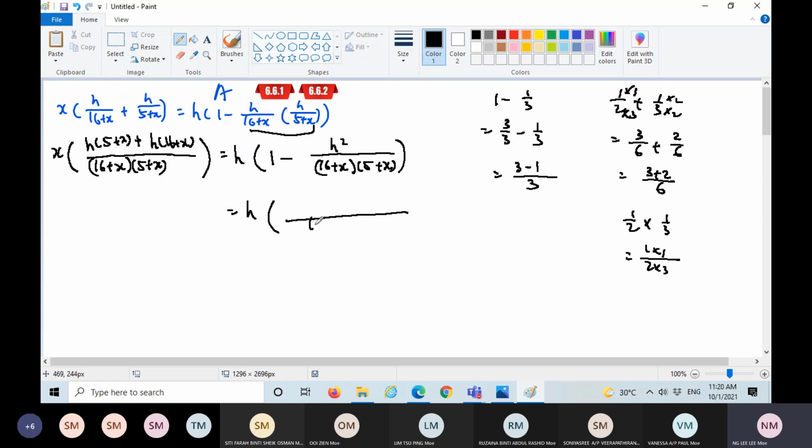The denominator, share the denominator, a common denominator here. And then 1 actually is this over this. So 16 plus x, 5 plus x, minus the h squared. I hope I'm not running too fast. Then the x here, the h, if I copy back,